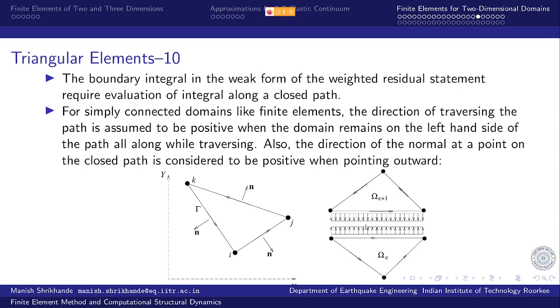Mechanics wise, they should be equal and opposite. So they cancel each other, and we do not even bother to evaluate these boundary integrals. Right? That is the main point. We do not waste our time and computational resources in evaluating these boundary integrals which are going to be nullified in any way. So we evaluate the boundary integrals only when the element boundary coincides with the problem boundary, right?